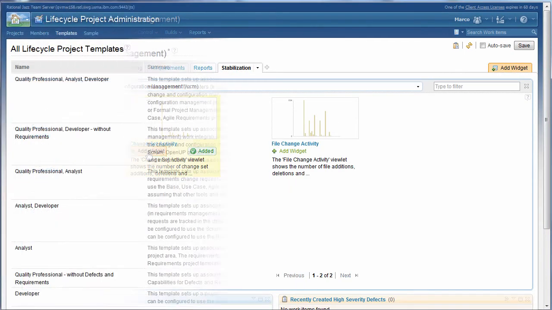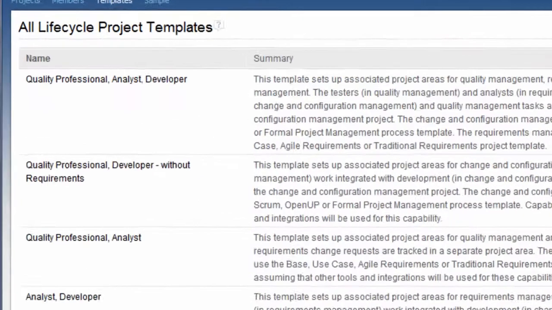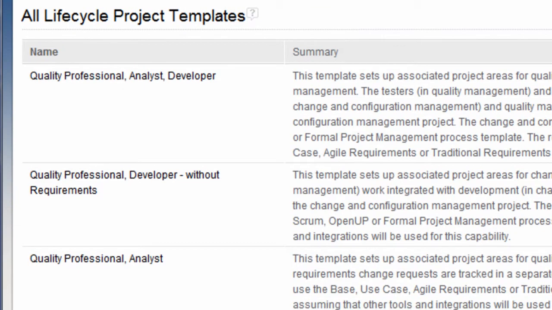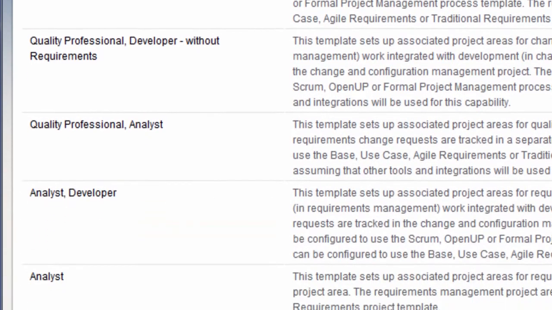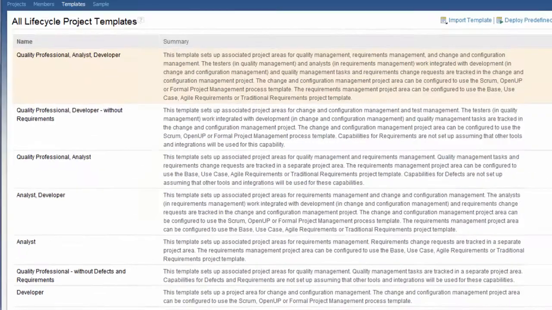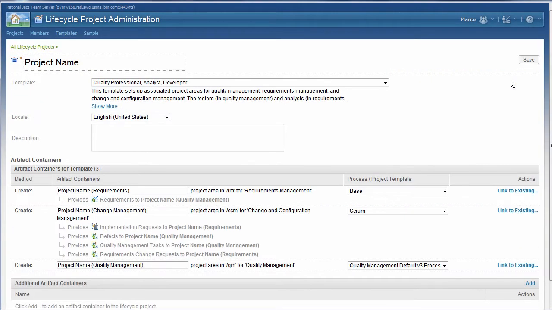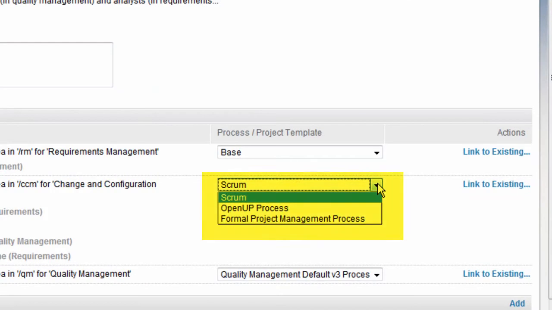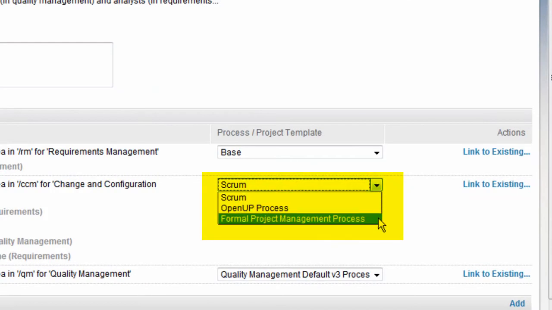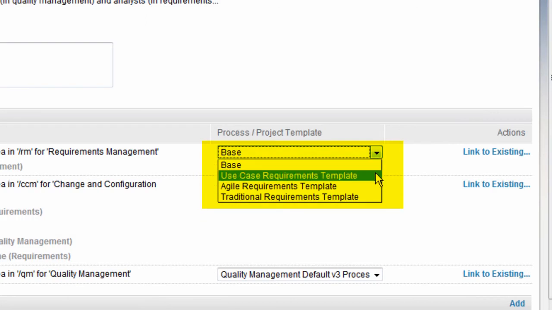An example of breakthrough improvement is the use and reuse of project templates. Let's take a look at some of the out-of-the-box templates that help teams apply common process to their projects. In the Lifecycle Project Administration tool, we have templates that create linked projects across all the disciplines. Once you've selected the best match for your organization, we can further look at the processes for the individual disciplines. These templates can be modified for your team or project needs to encapsulate your best practices to be reused in